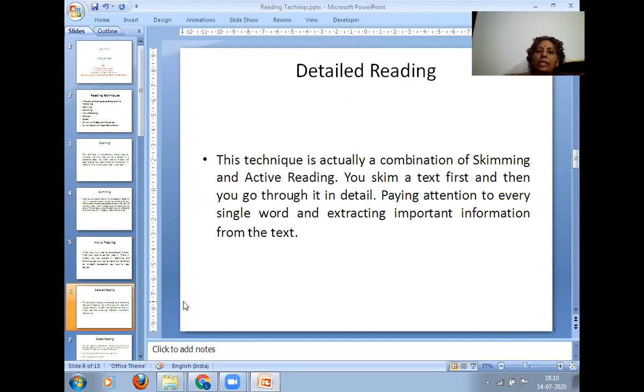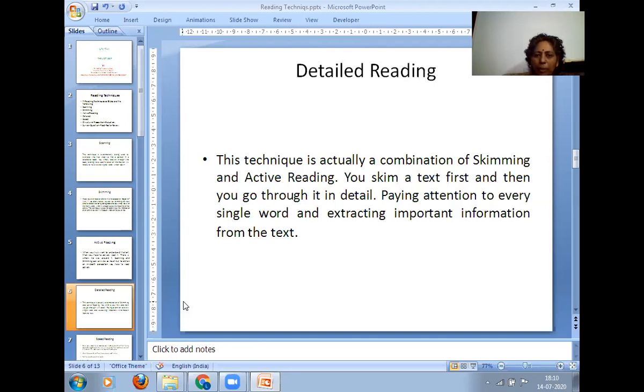The next one is detailed reading. When do you use this particular technique? It is actually the combination of skimming and active reading. In skimming, you are locating the information and the specific information. In active reading, you also read to identify what you need to write down.